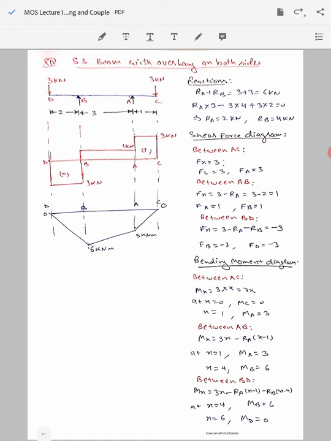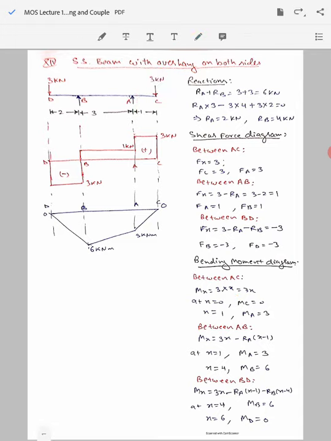Now for the bending moment diagram, again we need to draw the free body diagram by cutting the beam anywhere between AC. There is only one force, acting at a distance x from the cut section, so 3 into x, which we evaluate for the span's extreme ends, x equal to 0 and x equal to 1. That gives you the values of MC and MA as 0 and 3. Then